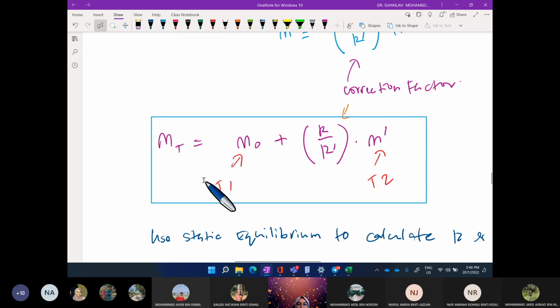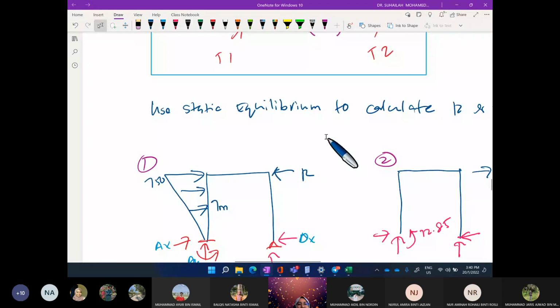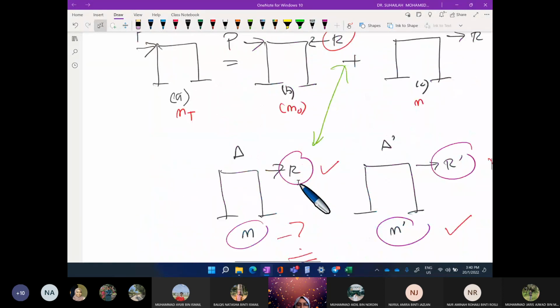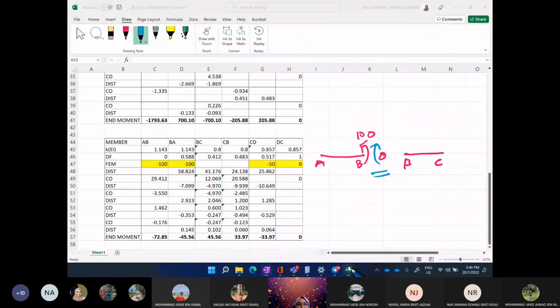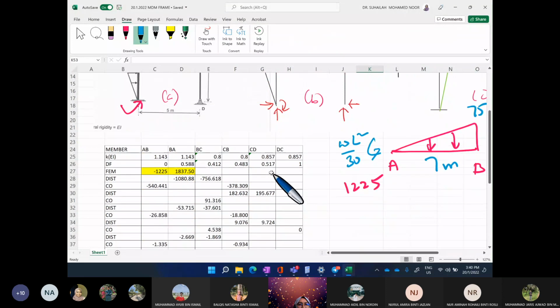To get the M total. This is how we analyze the frame with such way. Okay, this is actually a good example because this is just a unique example, because if you see from table number 1,